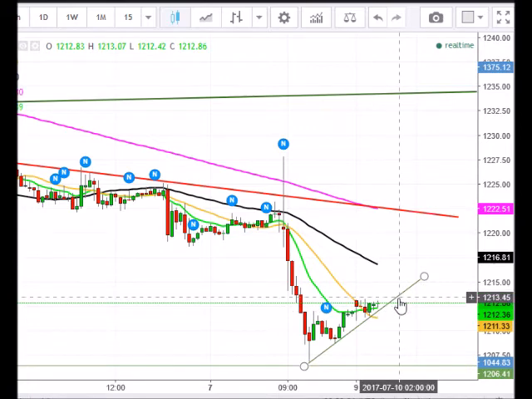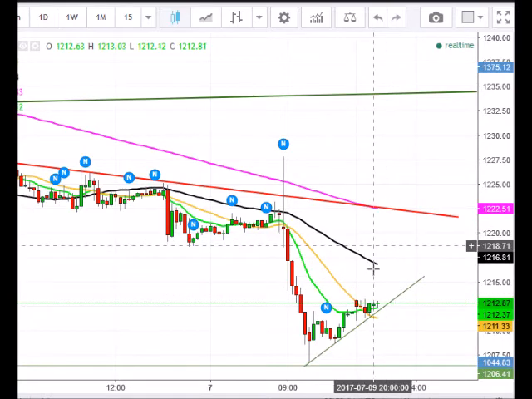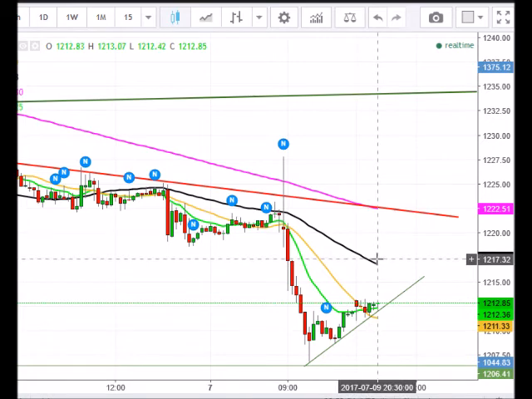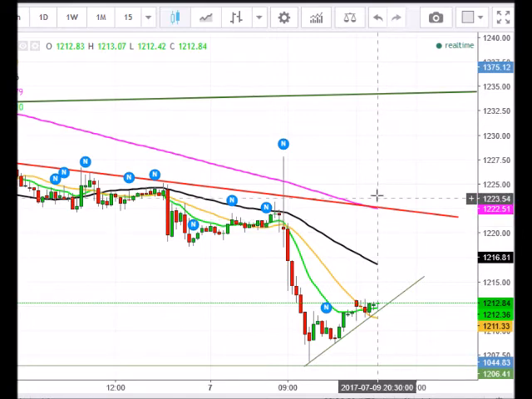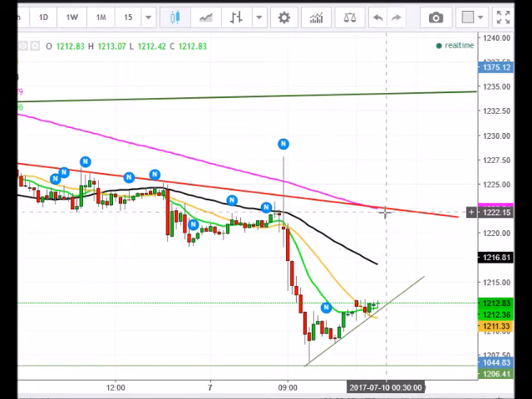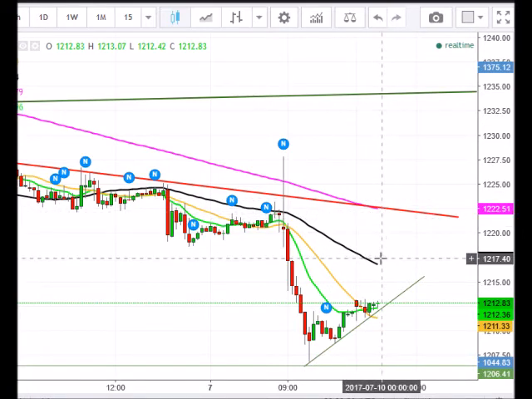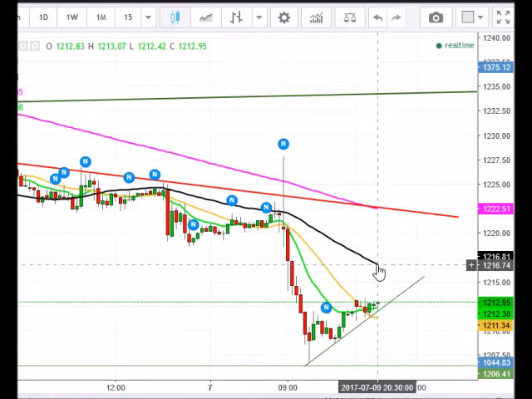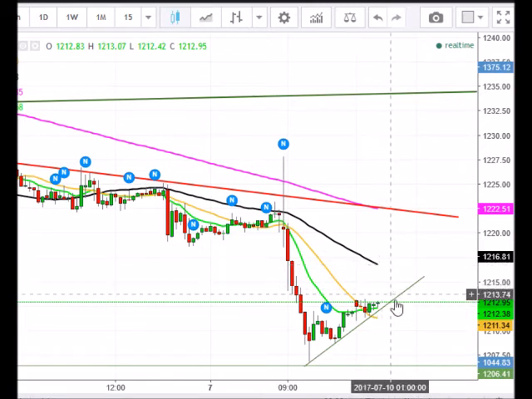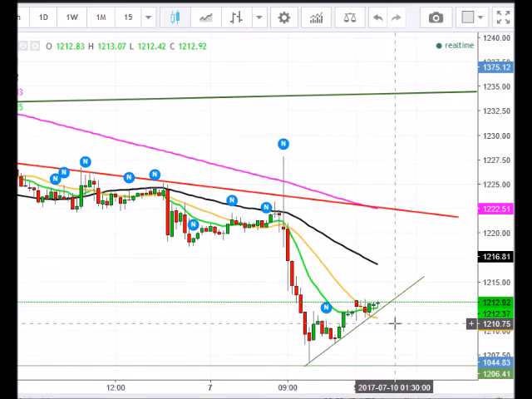As this move unravels, what I'll be looking for is this 50-period simple moving average. If we break that, this is probably a good level to get in for a short, and then obviously have your stop loss a little bit higher. But I think that's a little bit extended. I don't think we'll even get up that high. Gold looks pretty weak right now, so I'll be watching this 50-period simple moving average on the 30, and once we break below here, probably add in a little bit, or put my stop loss in profit and just ride this down.